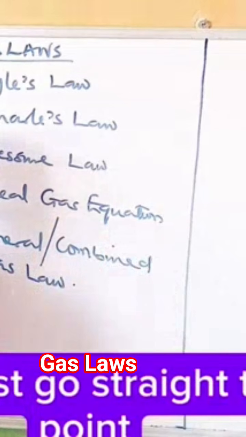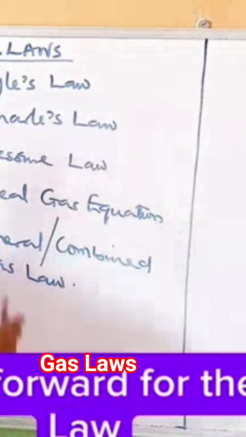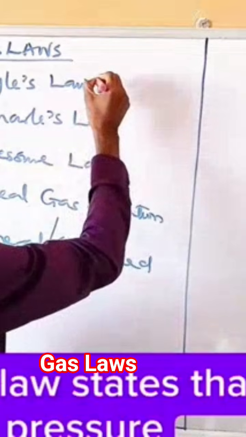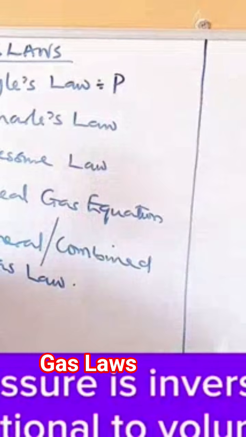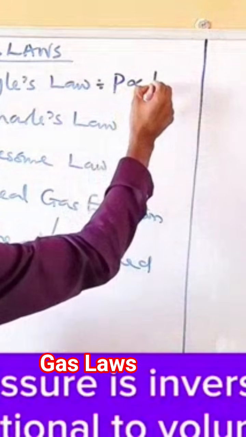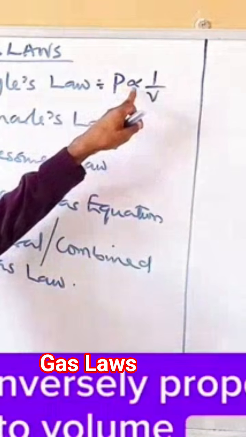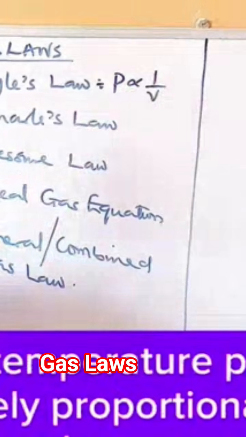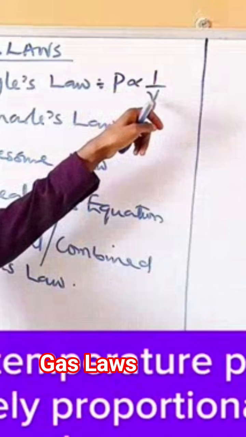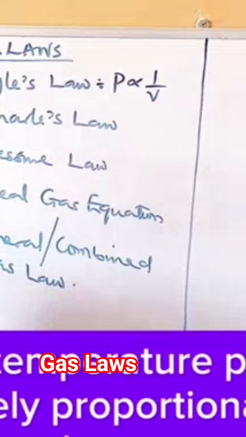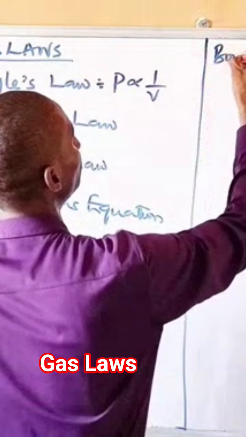So I will just go straight to the point. Boyle's law states that pressure is inversely proportional to volume when temperature remains constant. Pressure is inversely proportional to volume at constant temperature. So for Boyle's law,